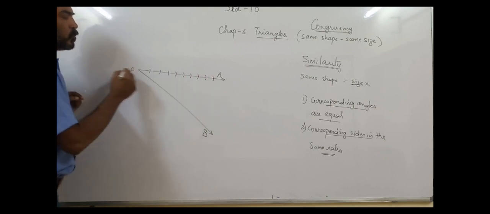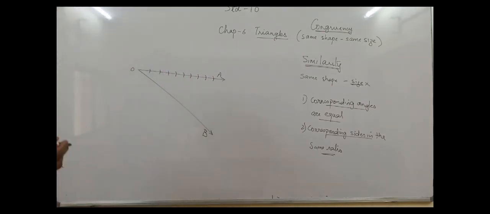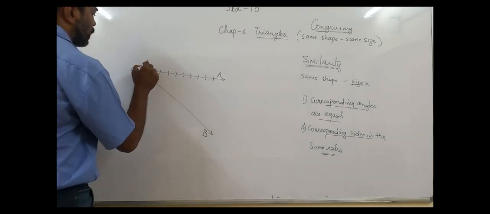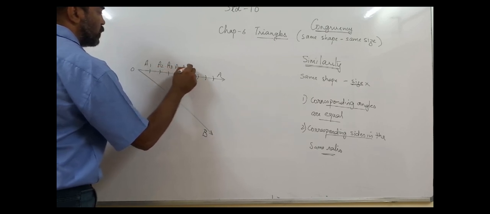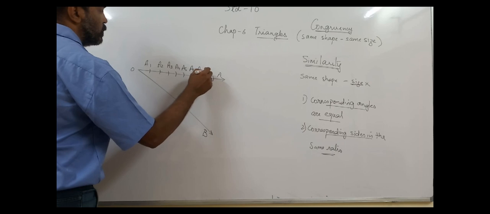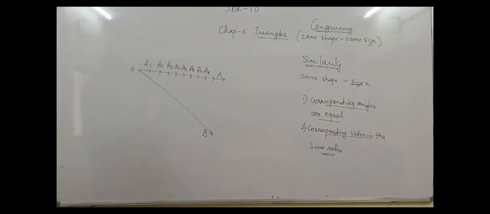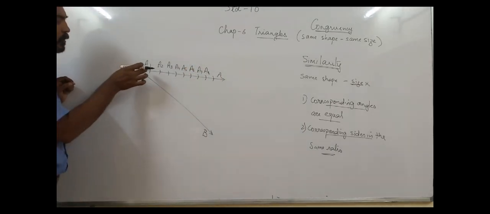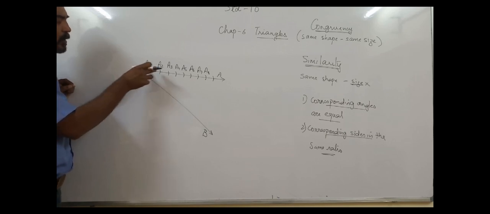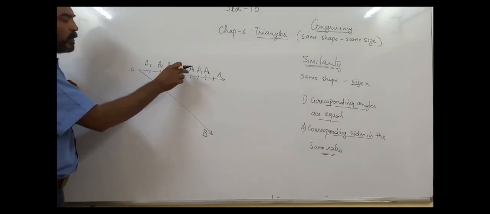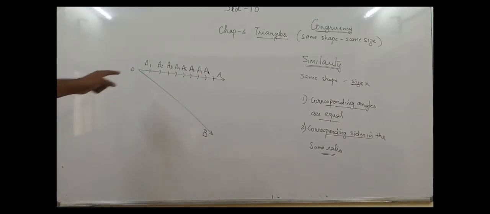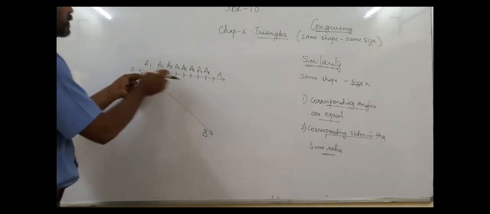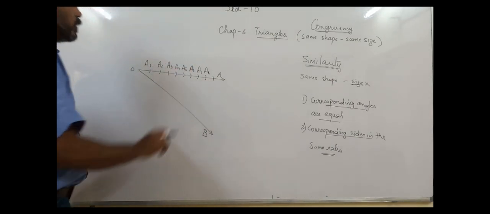Okay? So you have drawn arcs of 1 centimeter. After you have drawn the arcs, you can name the points, say A1, A2, A3, A4, A5, A6, A7. How many you have drawn, that many you make. Again I tell you, you measure 1 centimeter, put your point, draw an arc, again on the same point, and keep it accurate as much as possible. Accuracy will give you a better answer. So you have marked points at every arc. You could do it by a scale also, but the arc will be more accurate.